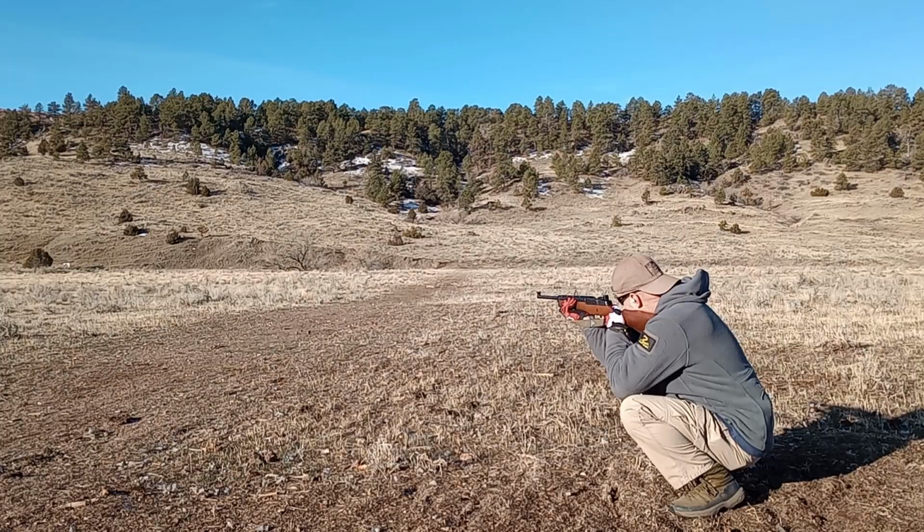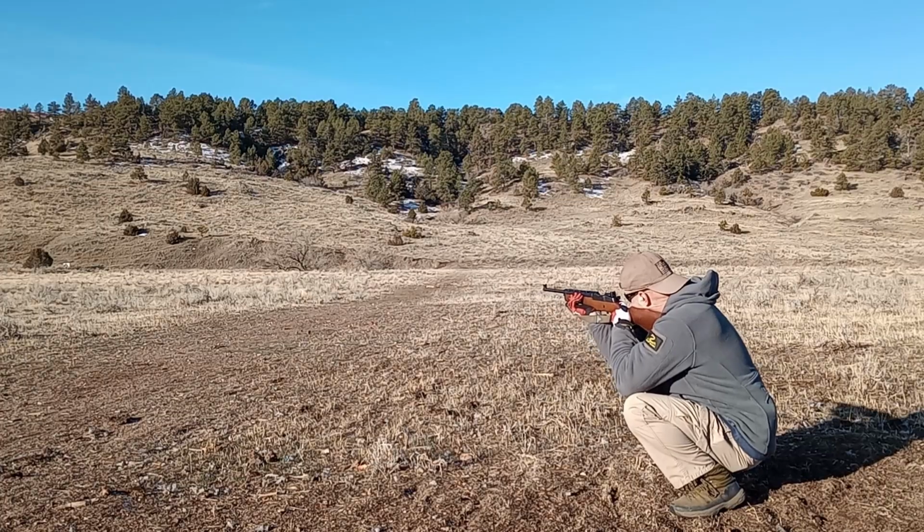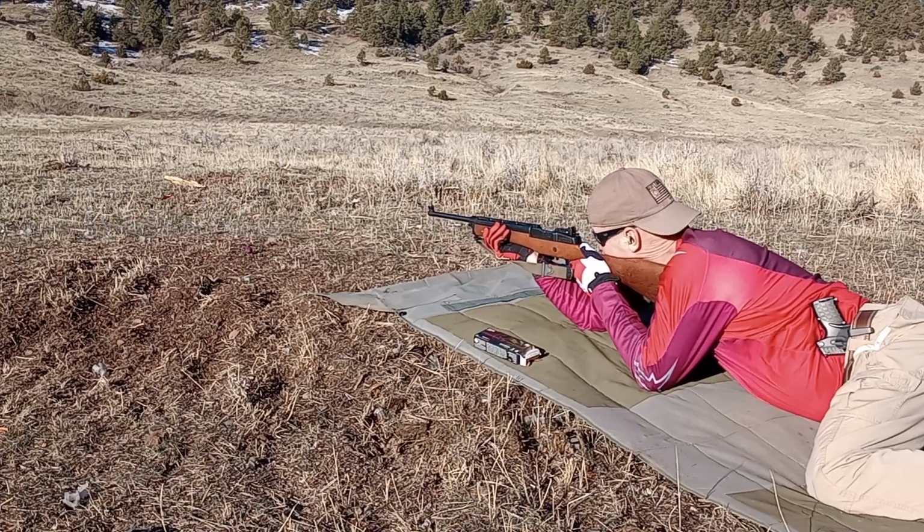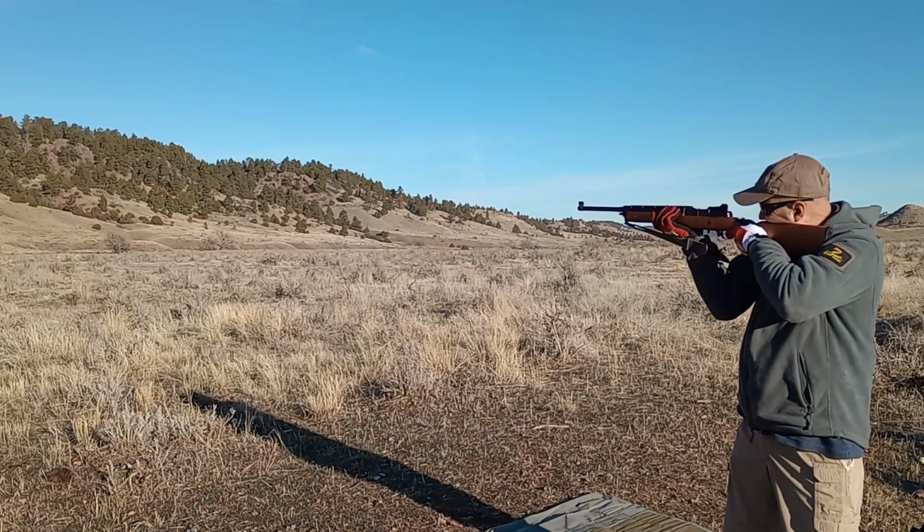Normally when testing rifles, I make a point of testing rifle and shooter from field positions. I tend to not care if a rifle delivers inherent accuracy, but rather, can I shoot it well from prone, squatting, and offhand? The Mini 14 comes to mind. Often thought of as a 4 MOA rifle, I nonetheless find that I shoot it pretty well offhand, maybe even